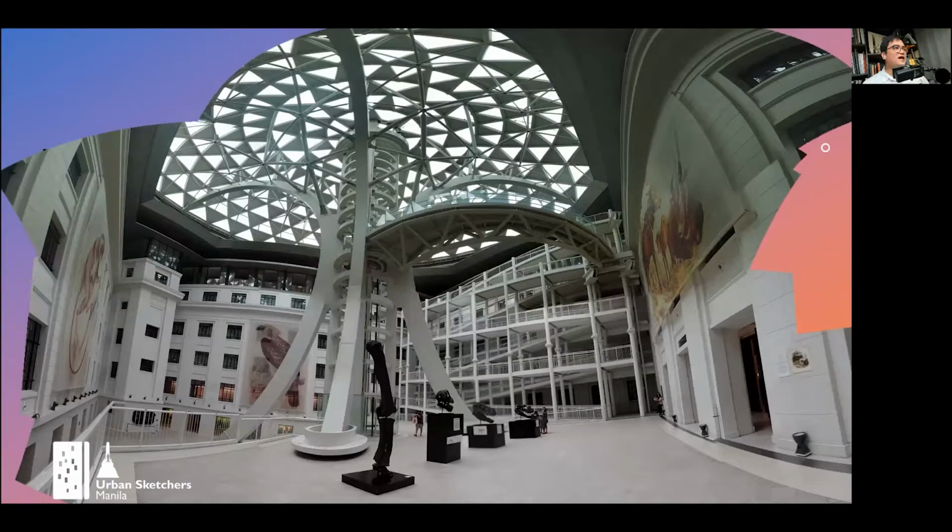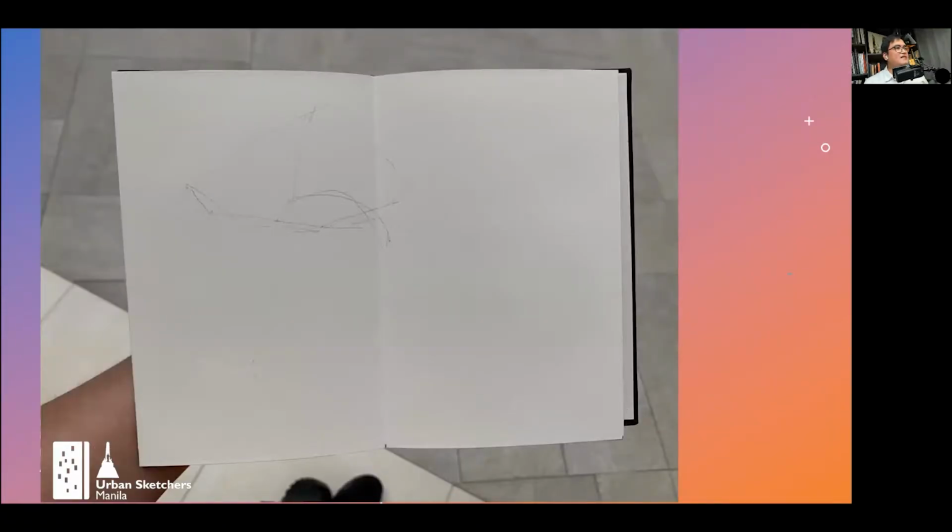So from the ground line up to here, I have to determine that on paper so that I won't overshoot anything. It has to be small enough, or not too big, not too small, so that it will fit my paper. And then the shape, relating it to this. So this is what I mean by framework. The very initial things,